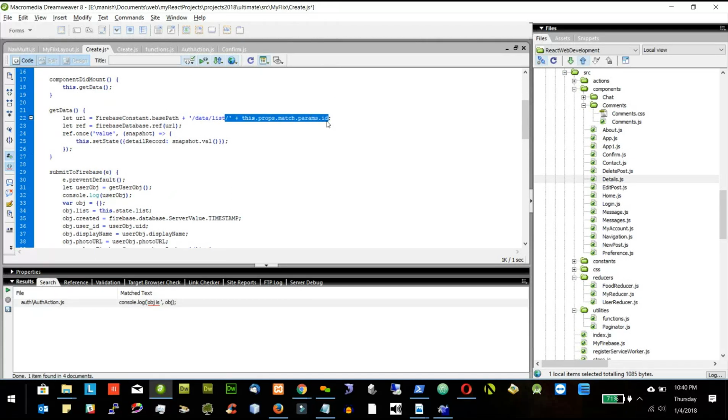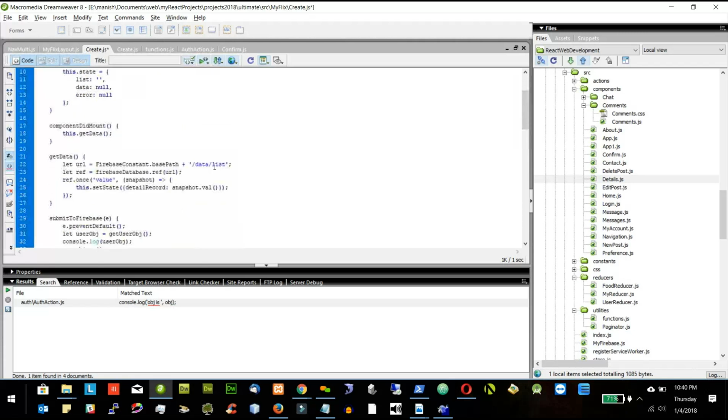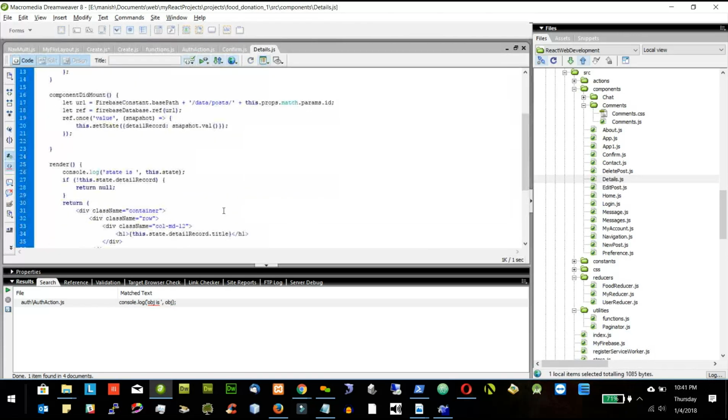So we have to get it from the list. I will go to the list, and I want all the data for the user who is currently logged in. So there is something here which we can use. What is that one? We did use it one time